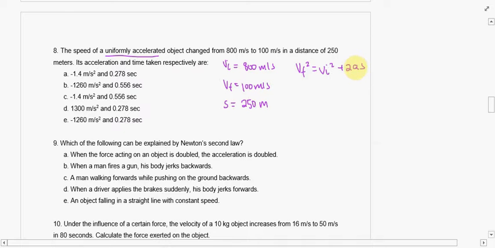I'm trying to solve for acceleration, and I've got these 3 other values, so I'll rearrange this and say acceleration is equal to Vf squared minus Vi squared over 2 times S. Plug in the values: 100 squared minus 800 squared over 2 times 250, and you'll find that the acceleration works out to be something along the lines of negative 1260